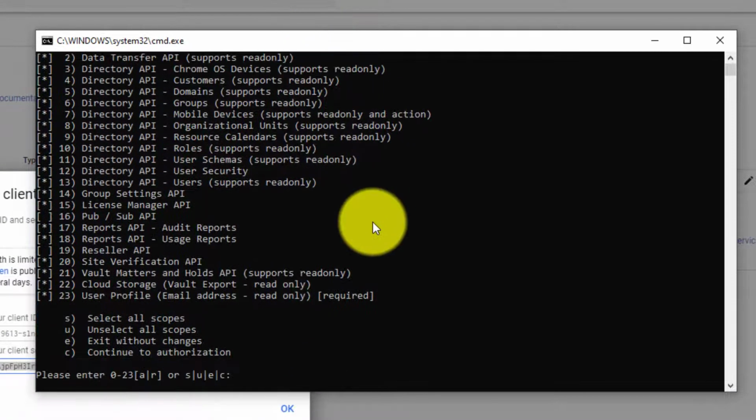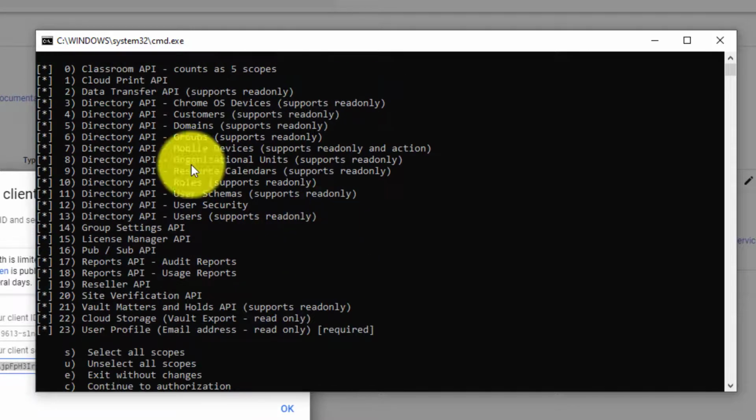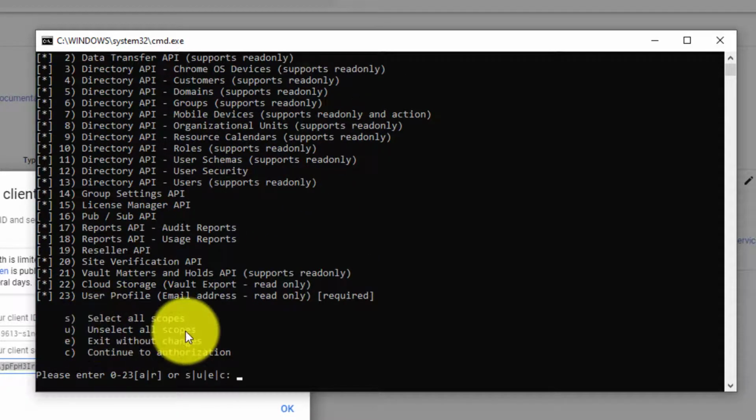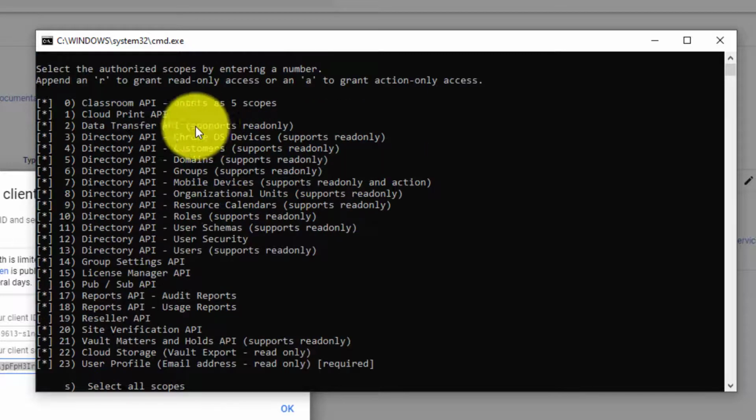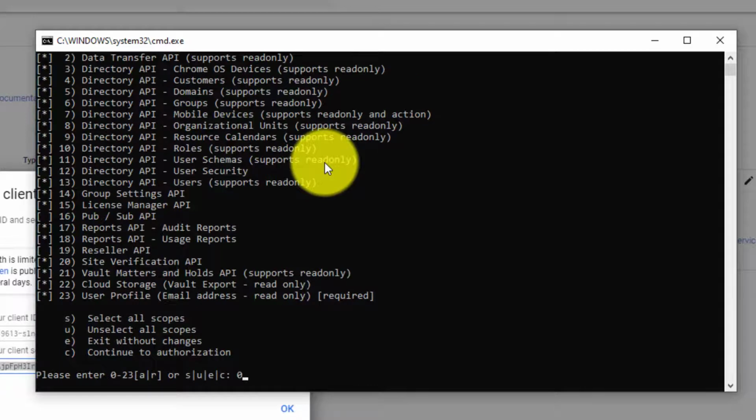Okay, so let's scroll down. And what you'll see is it's going to ask for all of these. So we can select all scopes, unselect all scopes, exit without changes, and continue to authorization. So if I'm looking at the Classroom API, do I want to switch that off? So if I push on 0 and push enter,